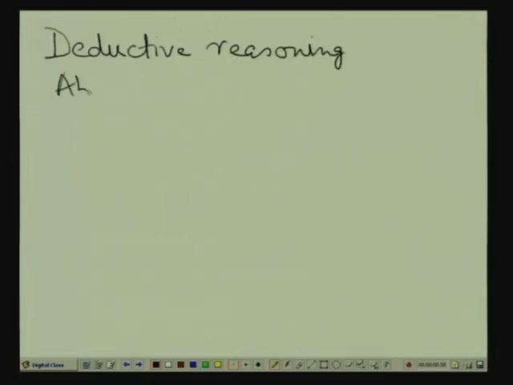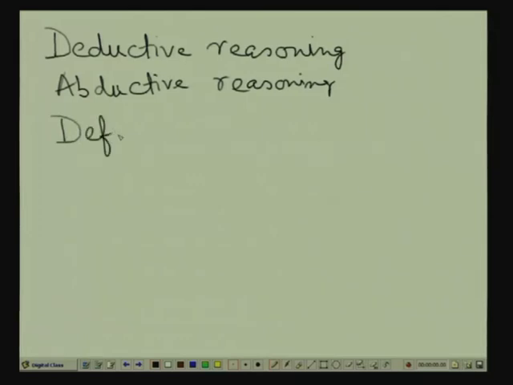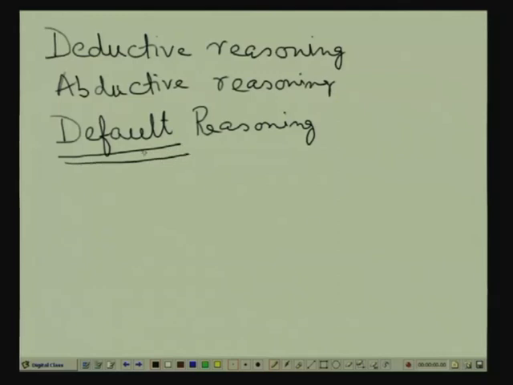There is another very interesting type of reasoning called default reasoning. Now, what does this default mean? Default means, say, assume something x to be true